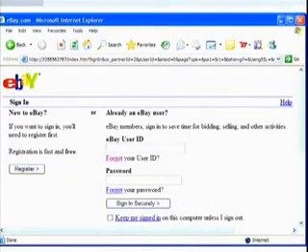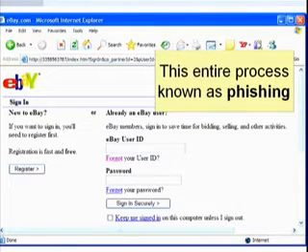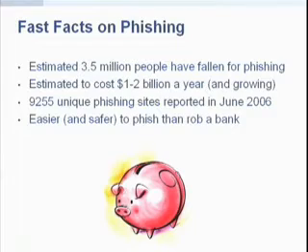And if you continue to do what the email asks you to do, you'd fill in your account name, you hit the sign in securely, and then it would say, hey, everything's okay, don't worry about it. And if you actually did this, it turns out you would be a victim of identity theft. And this entire process is known as phishing. Okay? So this is where criminals are going out and trying to steal your identity and then steal your bank accounts or whatnot.